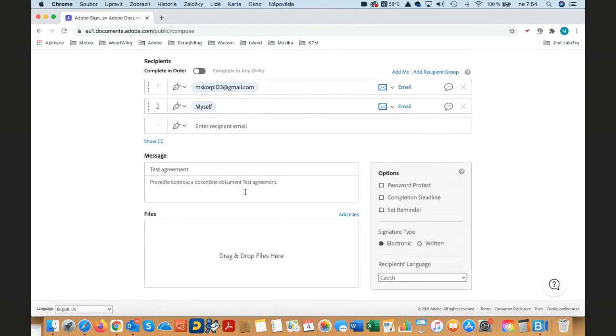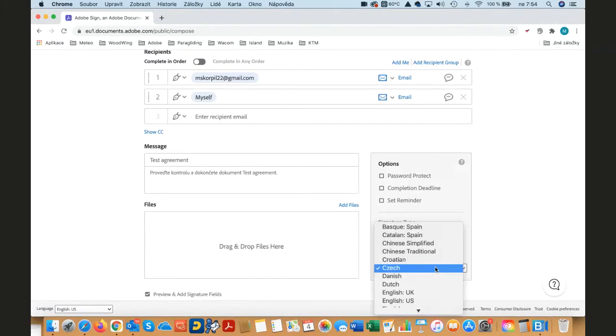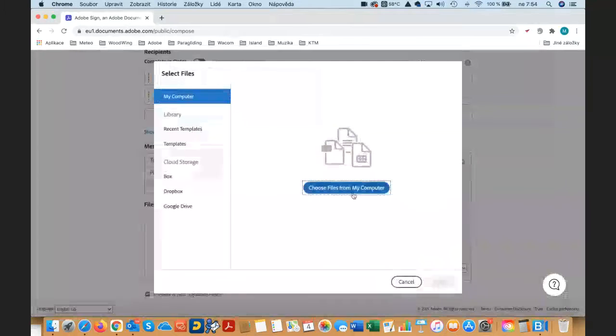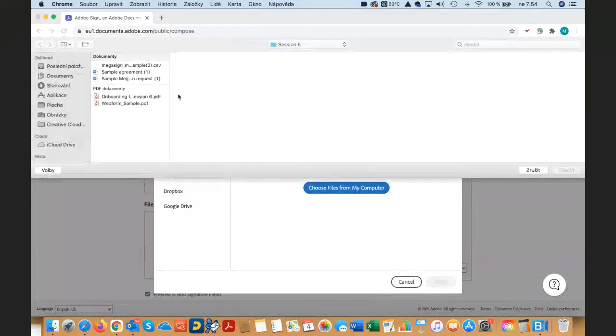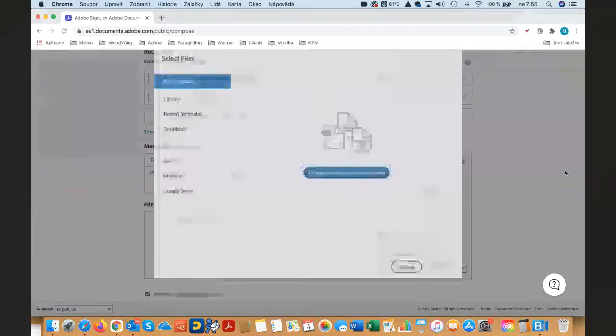and there's a standard message. I can actually choose the recipient language here. So I click on English US, and the recipient message changes. I add a file, sample agreement,